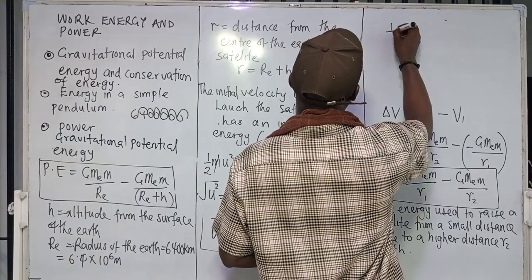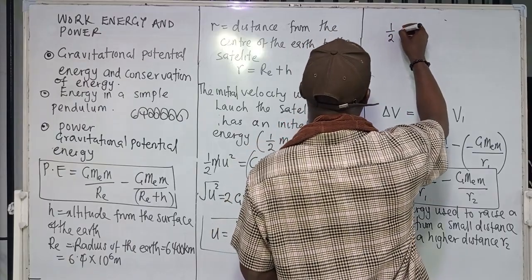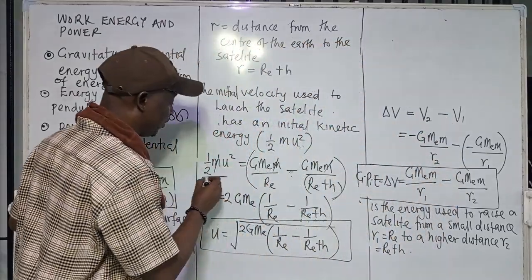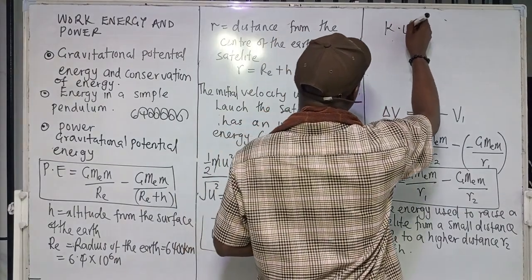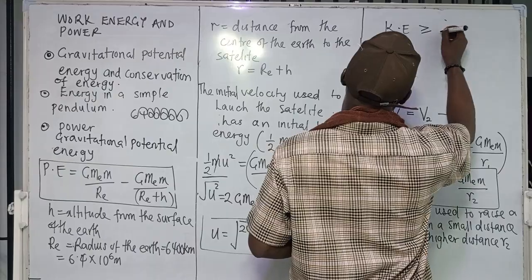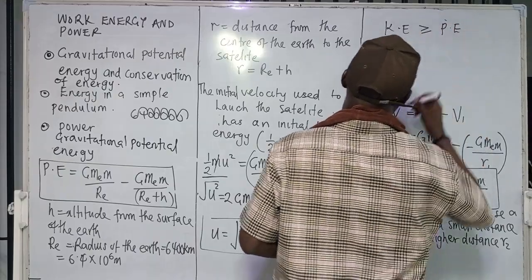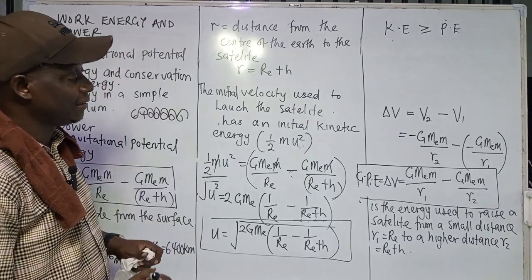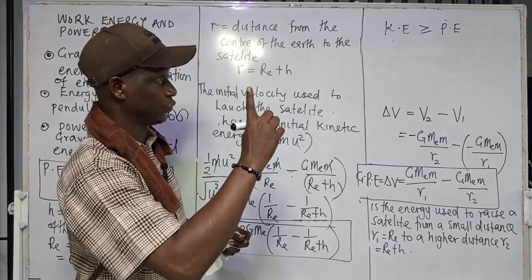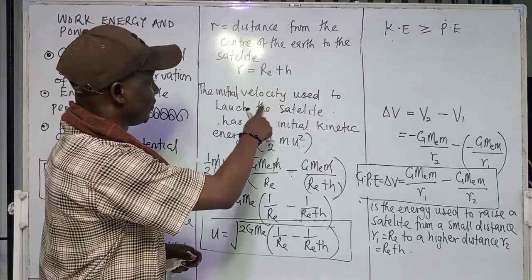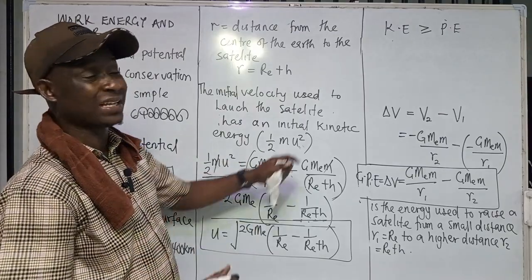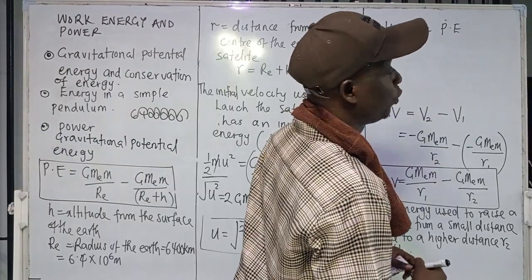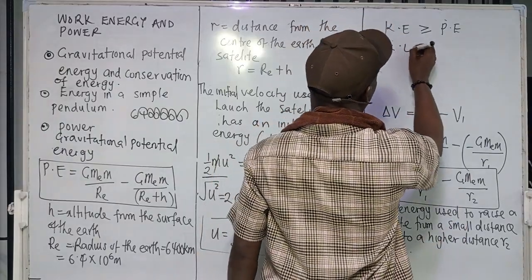If it does not return, it means that the kinetic energy used to raise it up, to launch it, is greater than or equal to the potential energy. So if the body you launch with this velocity will not return, that means the kinetic energy is equal to or greater than the potential energy. Let's take equal to have the minimum